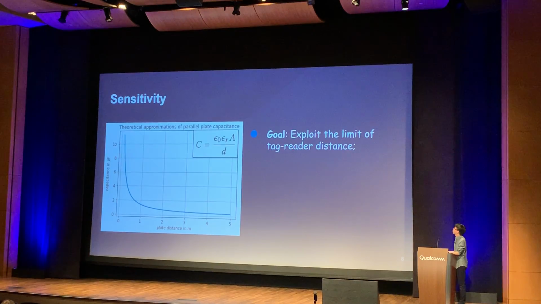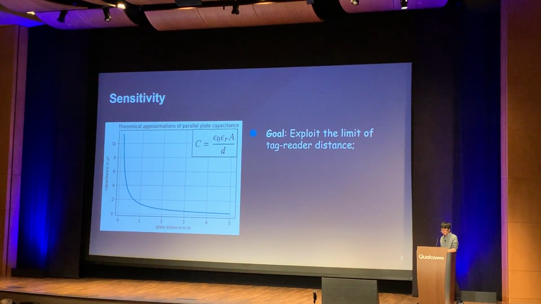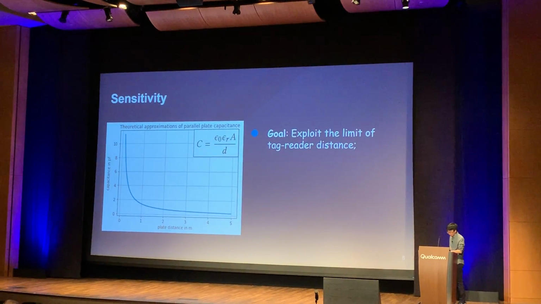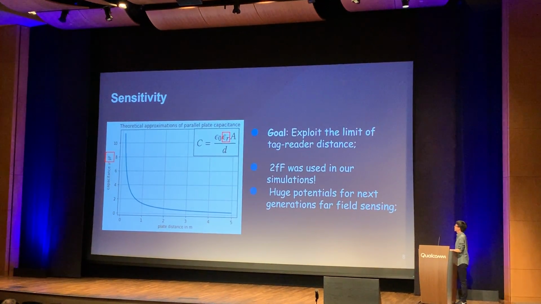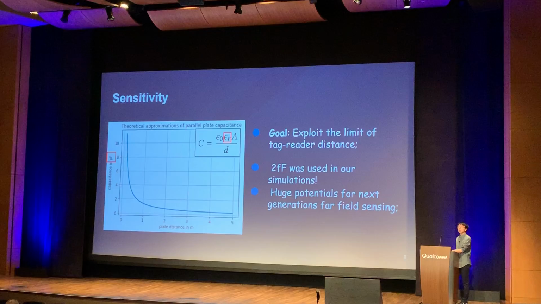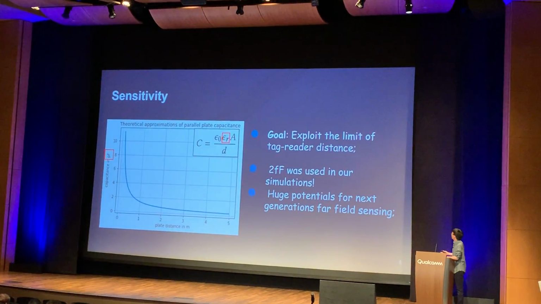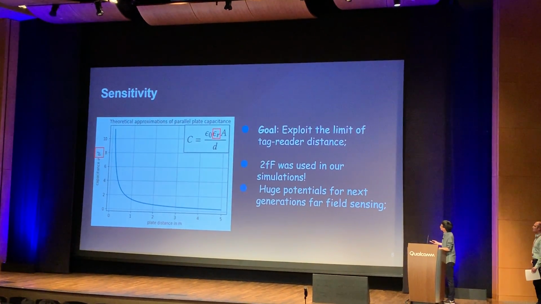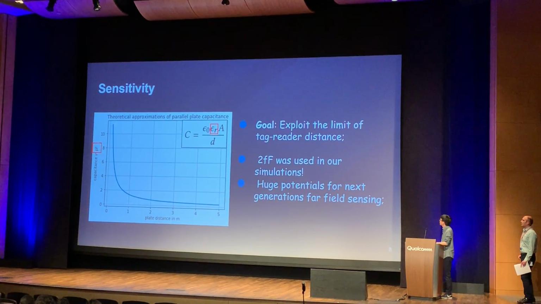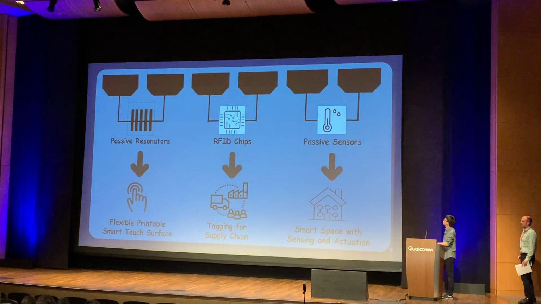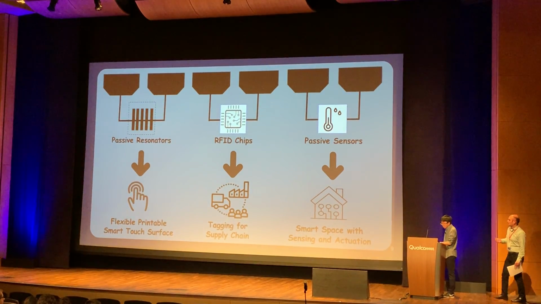Here we assume it is in free air, meaning the dielectric constant is 1. Our goal is to push the limit of tag-reader distance. One small thing to notice is that we use a 2-phantom probe in our simulation. However, this basically means that we have huge potential for next generation sensing. As one step further,